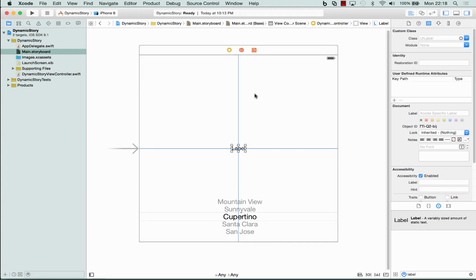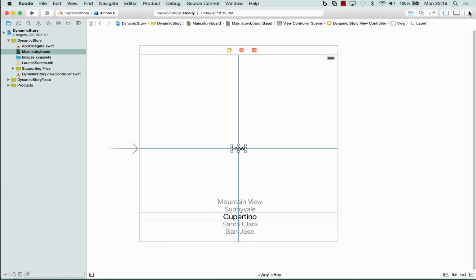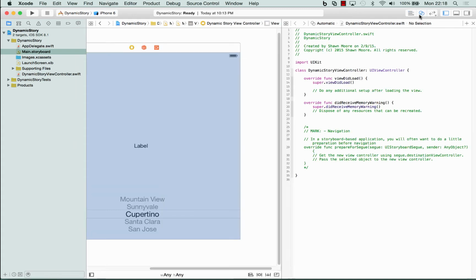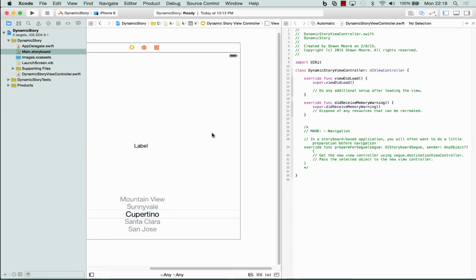Now that the auto layout constraints have been applied, the Utilities pane is no longer required for the rest of the project, so hide the pane by clicking this button in the top right to free up some much needed real estate. Putting that real estate to good use, bring up the Assistant Editor to the DynamicStoryViewController.swift